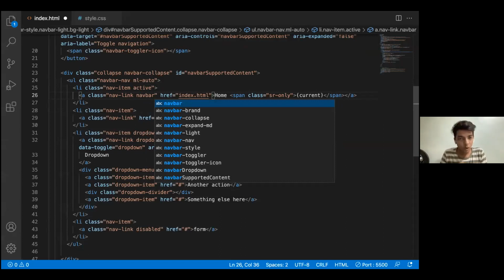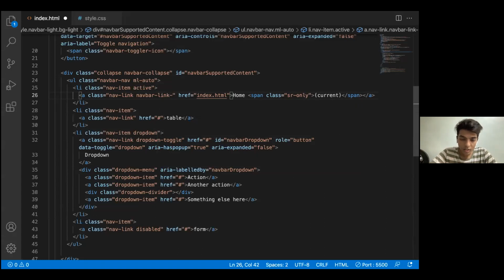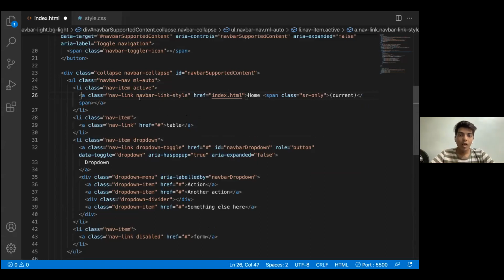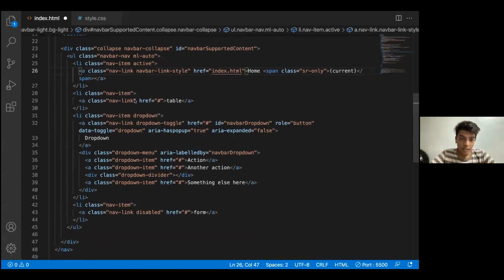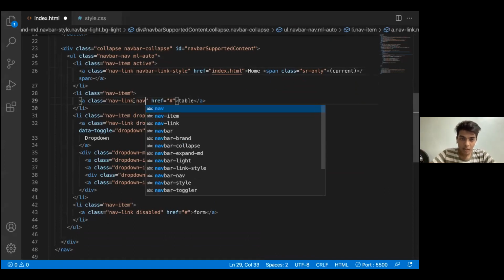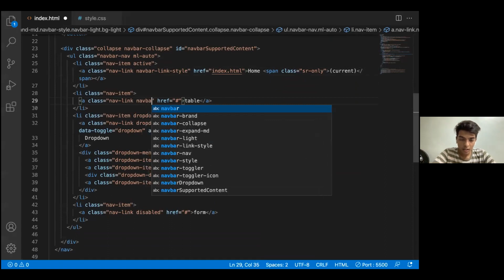You just need to write whatever you are given, but a good coder writes things that are relevant to the code. For example, there is a navbar, there is a link that I want to style. Therefore, navbar-link-style. So I'll be doing the same thing here as well, taking up navbar-link-style.